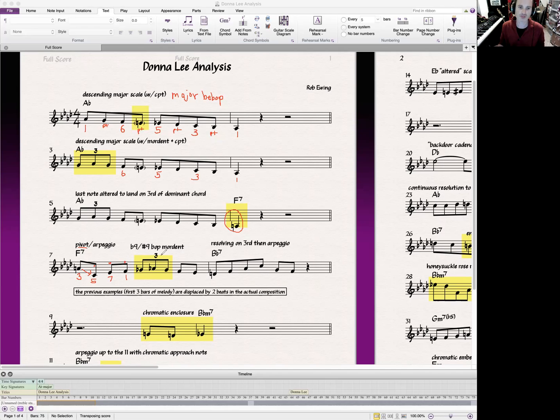Then this next little figure here, I'm calling flat 9, sharp 9, bop mordent. I've never heard anybody refer to it that way before, but still that's that mordent idea of the bebop, but when the sound of flat 9, sharp 9 in that triplet context is so characteristic of this style, I decided why not call it that. So maybe somebody else already has, but if we have the F7 and then that flat 9, sharp 9,